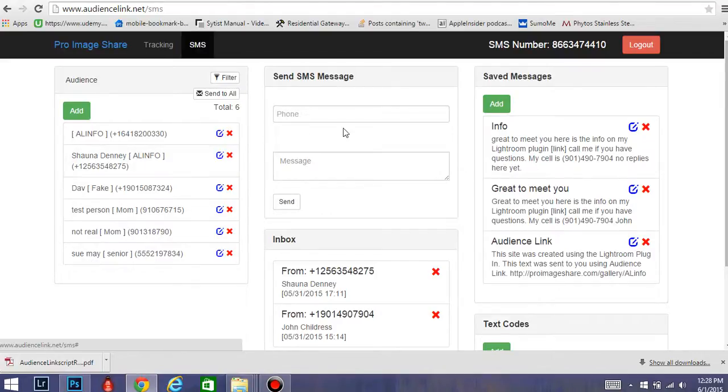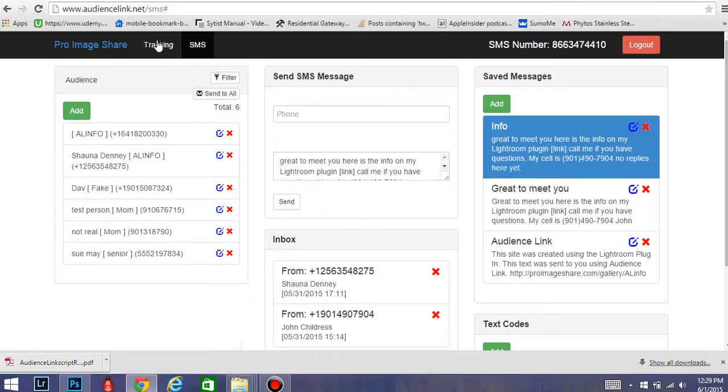They just add in. You have saved messages, so if there's something that you say over and over again, then you can just type that in. You don't have to retype it. You can just click on it and it'll add it. But if we go to tracking,